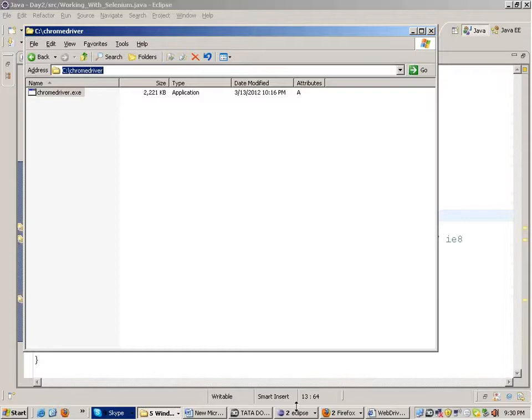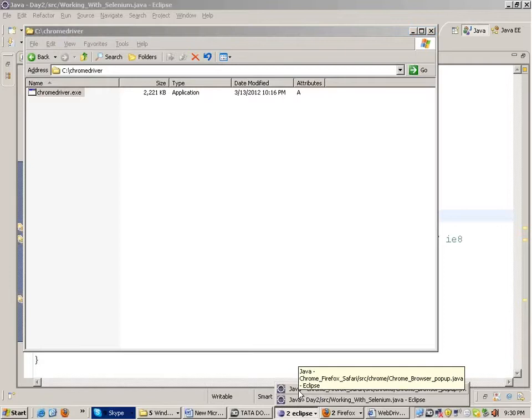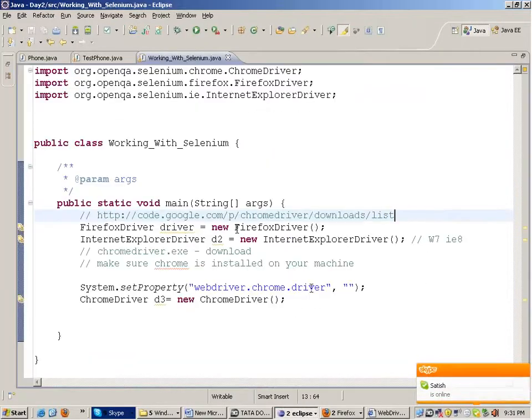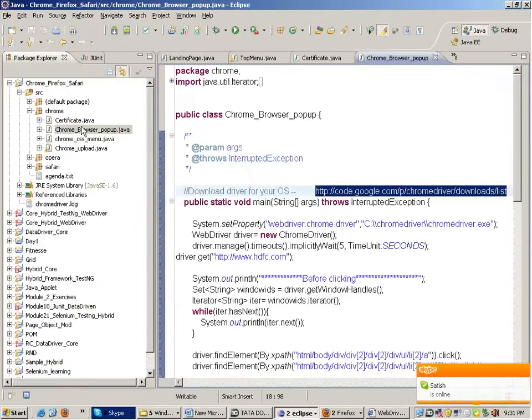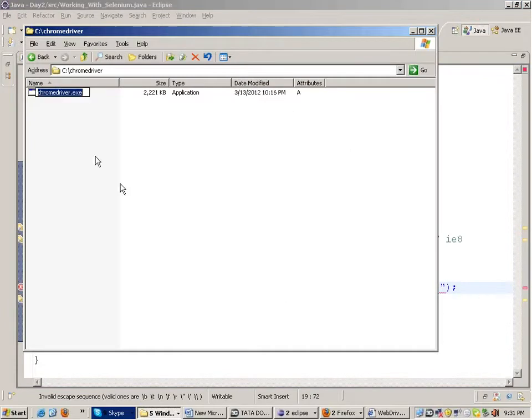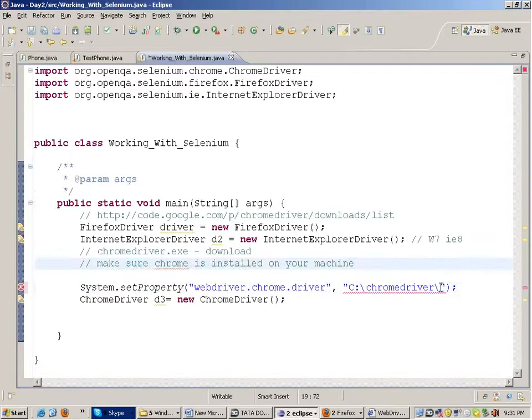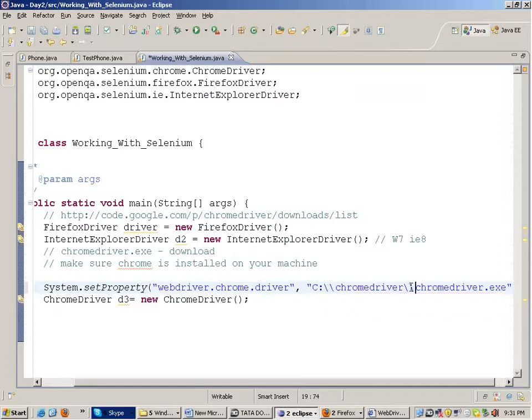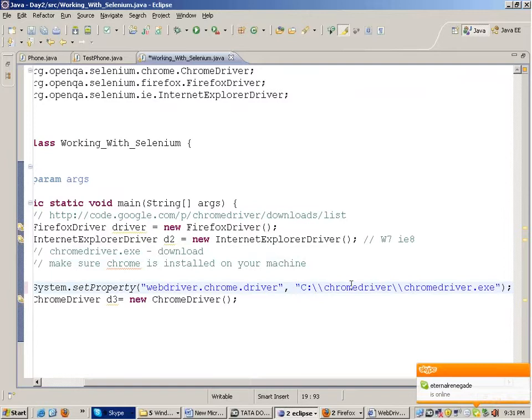You have to copy the path of this file. This is made by Selenium, guys, not by Google or something. So you have to give this path over here. In Java, whenever you specify a path, you have to give a double slash, known as an escape sequence.